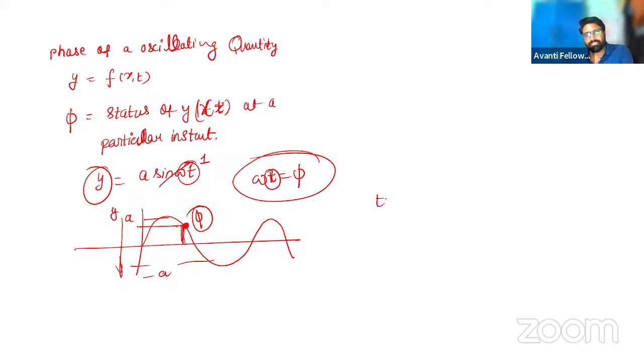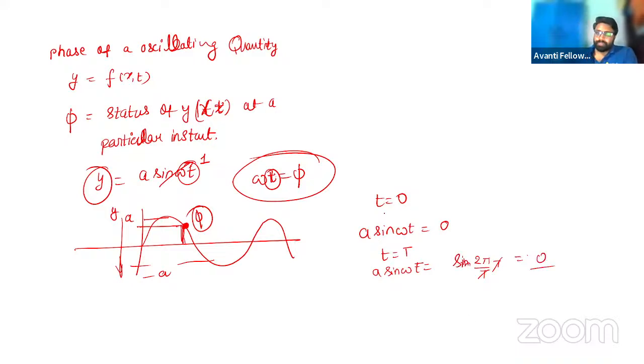So for example, if t is equal to 0, a sin omega t will become a sin 0, which is 0. And at t equal to capital T, a sin omega t will become a sin of omega, whose value is 2 pi by capital T, into capital T, which cancels. Sin 2 pi will become sin 0. So when the time changes, the value of this y function, or this oscillating quantity, is changing,